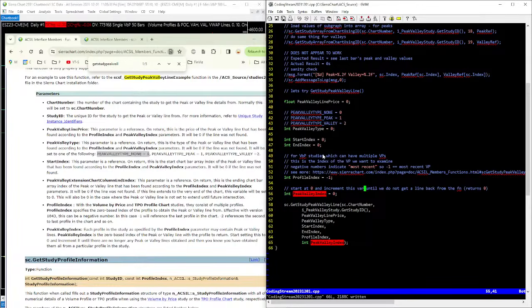So let's go ahead and use this peak valley type. Right now it's set to 0, but when we make this call, it's going to get set to something other than 0, and that's going to let us go into our while loop. So on this first run, I'm going to call this first run to see if we have any VP peak valley lines at all. Now, before we enter our while loop,